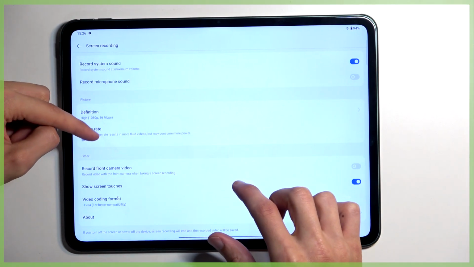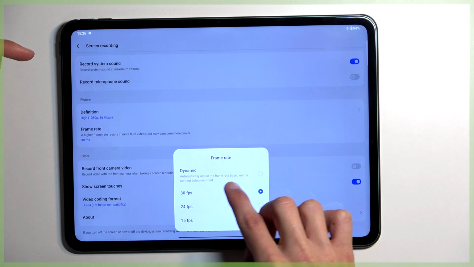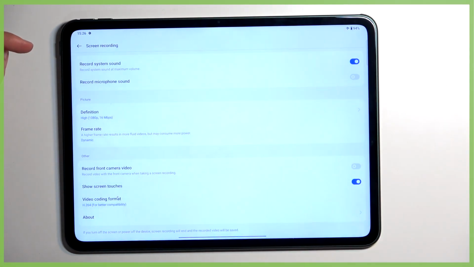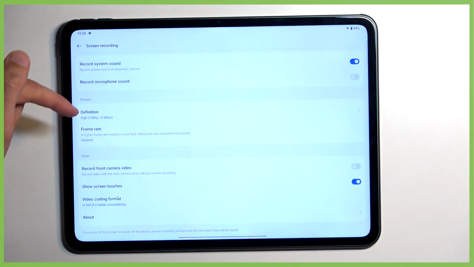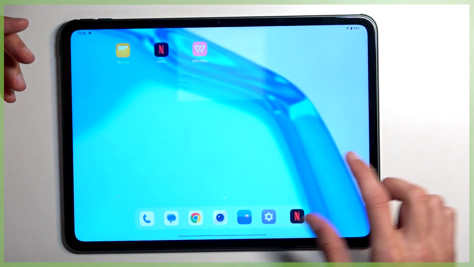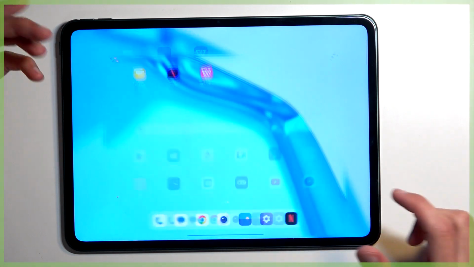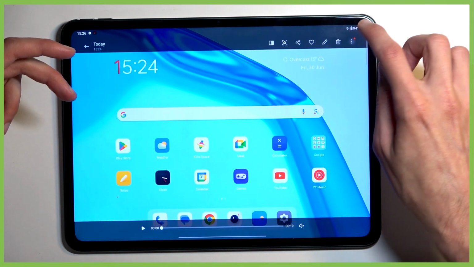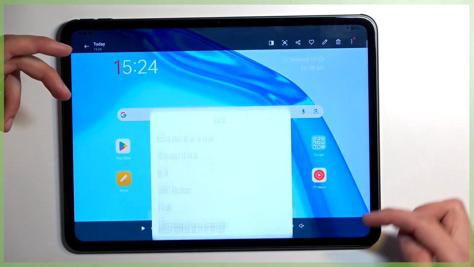although it actually looked like it was recording at 60 rather than 30, so dynamic might be better. Something that I recommend checking out when recording. You can probably check it right here. So let's go into Info, Details,